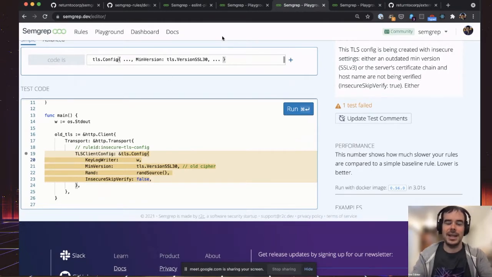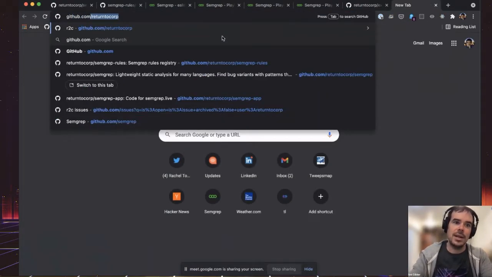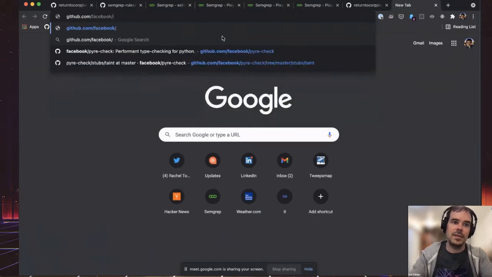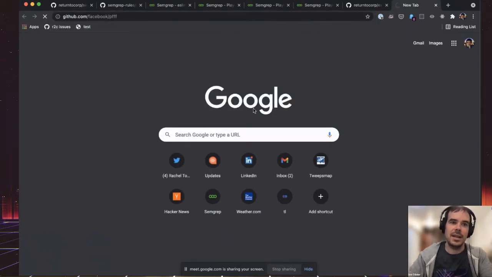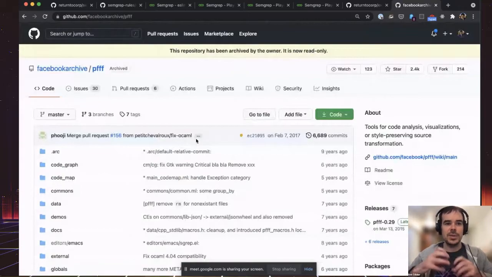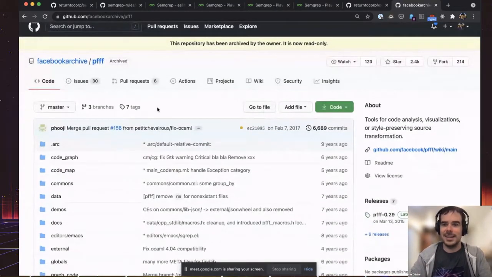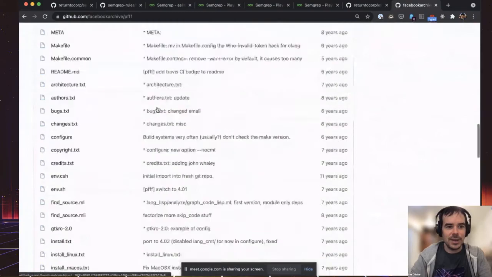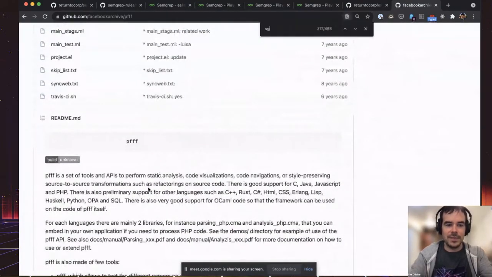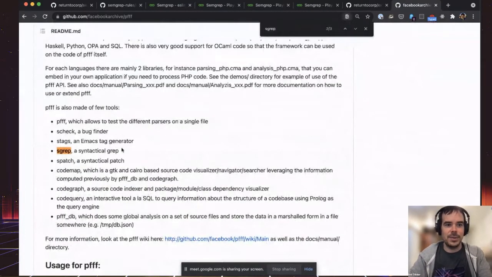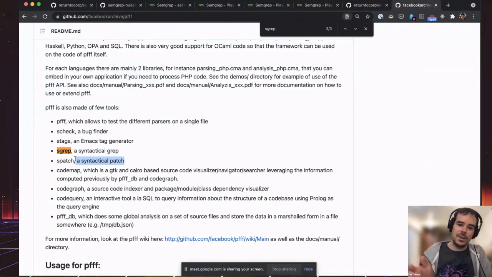Wow. And actually, if you go to Facebook, I think, yeah. So it was originally called Poof, but if you go, yeah. So basically, it started here as a syntactical grep, and there was also syntactic patch and other stuff. So yeah, Sgrep is the brainchild of Yoann, who also worked on Coccinelle when he was a PhD student,